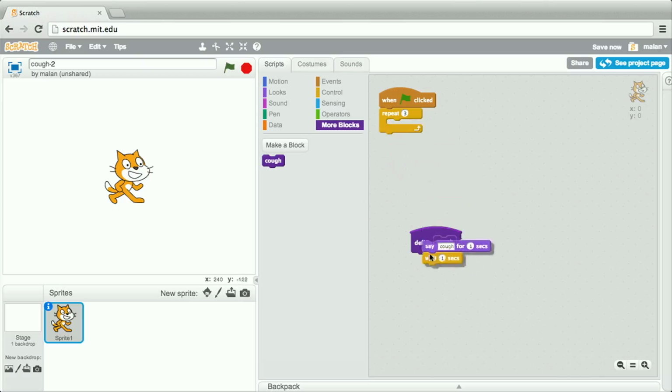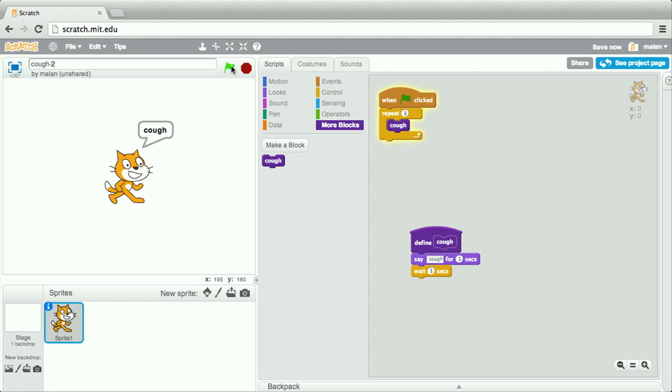own new puzzle piece. Now, what does it mean to define a cough? Well, let's go ahead and steal some of the pieces we used earlier, dragging and dropping them down to this new define cough block. And now let's go up to the top left here where we see a new puzzle piece that Scratch has called what I asked, cough, drag it inside of that loop, and now click the green